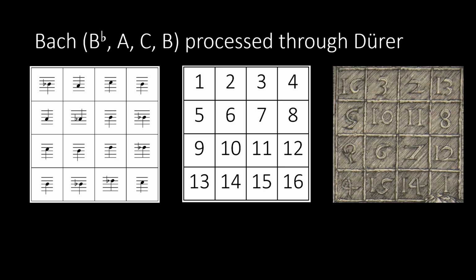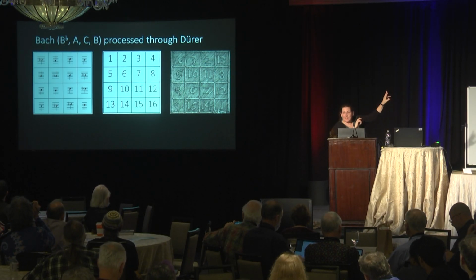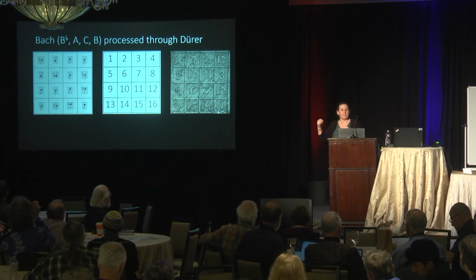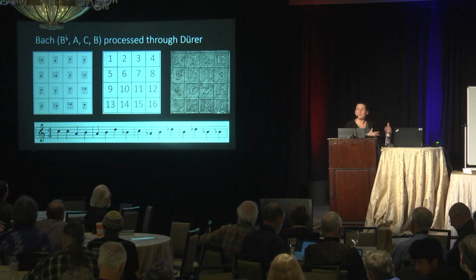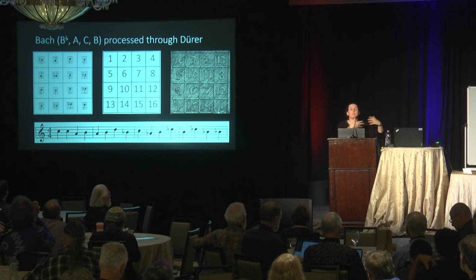Then we process it through our magic square. So here's the magic square of Dürer, and you can see the first row is 16, 3, 2, 13. By the way, I thought this would be particularly appropriate because in the middle of the bottom row, it's got a 15 and 14, the wrong way round. Anyway, this tells you the order in which to play those notes. So you play the 16th note first, then the third, then the second, then the thirteenth, and you work through the square. And here is the amazing Bach through Dürer theme that we now have. And that can then be the basis of your composition.